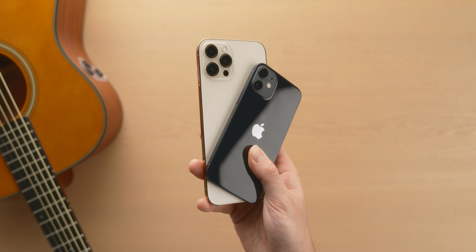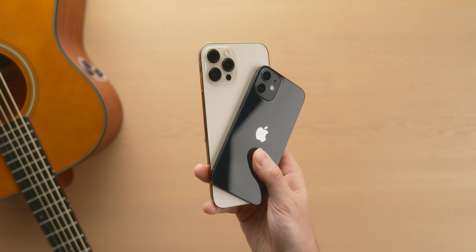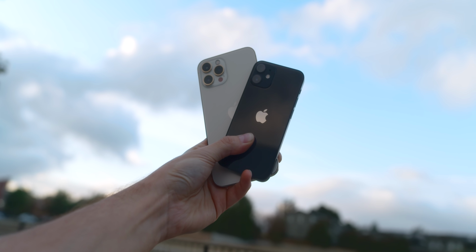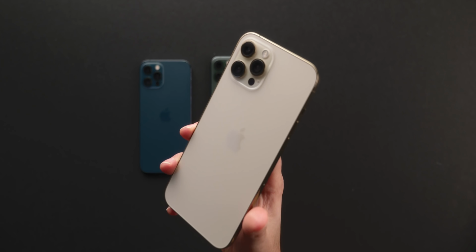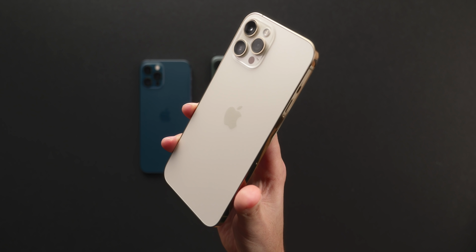Yo, it is time. This is the iPhone 12 mini and the big boy iPhone 12 Pro Max. I've got a chance to spend about a week in two completely different worlds. On one hand, you have everything that is great about the iPhone 12 in a compact, tiny form factor that, spoiler alert, I kind of really like, and you have a 6.7-inch monster of a phone with a new camera system, a new telephoto lens, and as I break down my final thoughts in a more in-depth video,